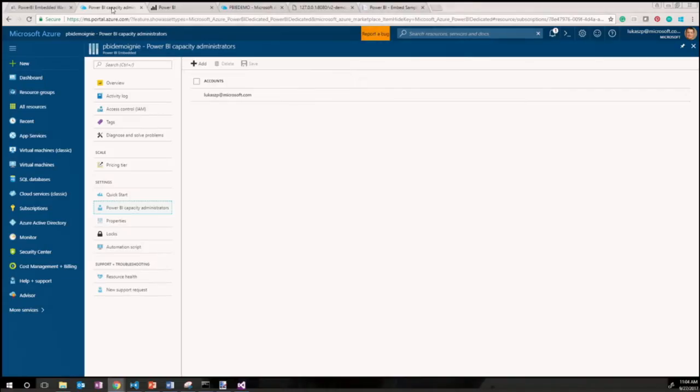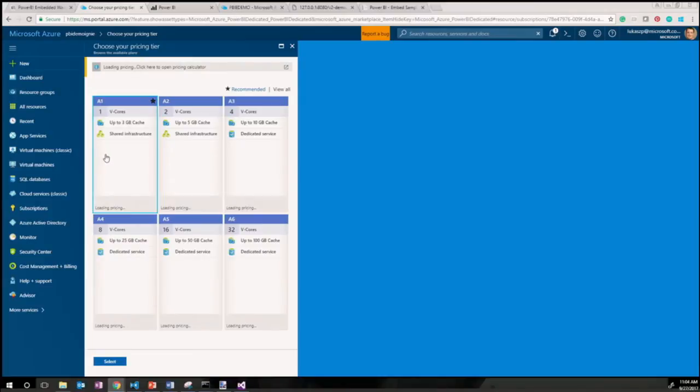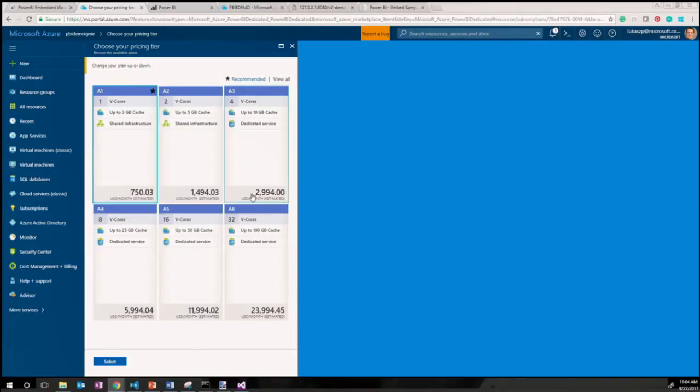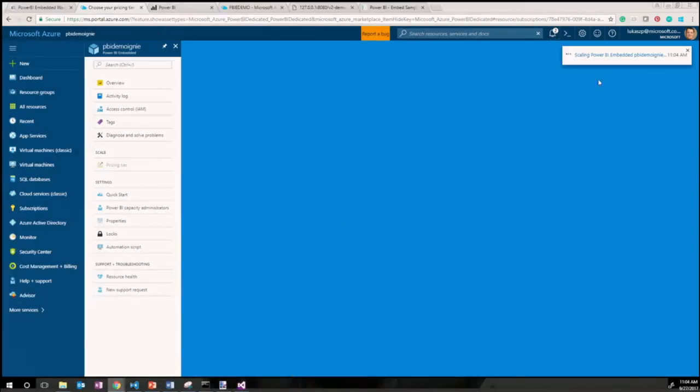Now, let's say you're running your application for a little while. Let's say you have a lot of users coming in. You need to scale up. How can you scale up one of these capacities? I can come into the pricing tier option, and in here I can choose capacities. You notice I have A1. This is the currently selected option, but I can go all the way up to A6. So if I select A2 and press select down at the bottom,